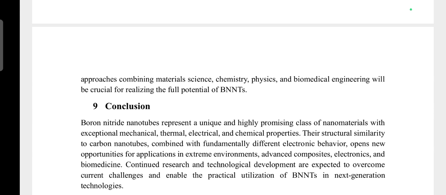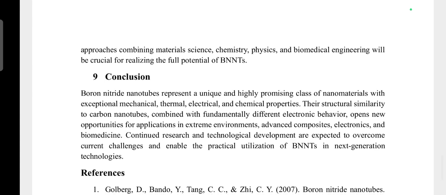Conclusion of boron nitride nanotubes. Boron nitride nanotubes represent a unique and highly promising class of nanomaterials with exceptional mechanical, thermal, electrical, and chemical properties. Their structural similarity to carbon nanotubes combined with fundamentally different electronic behavior opens new opportunities for applications in extreme environments, advanced composites, electronics, and biomedical fields. Continued research and technological developments are expected to overcome current challenges and enable the practical utilization of boron nitride nanotubes